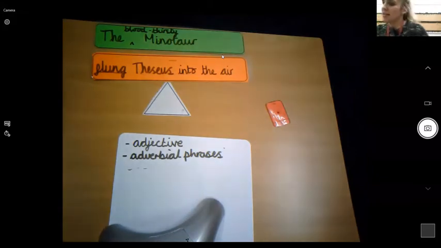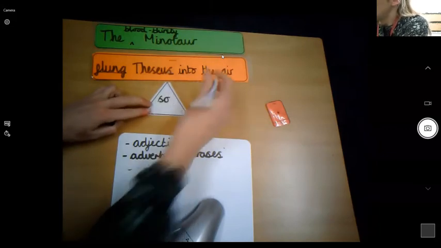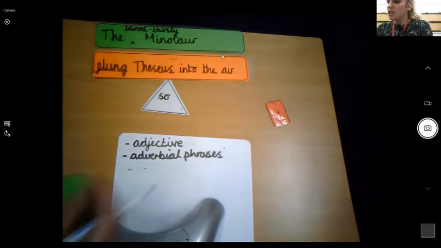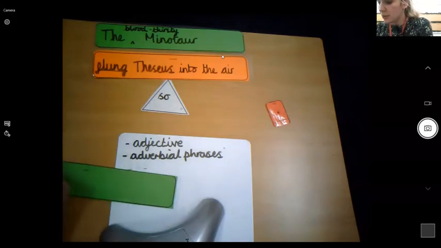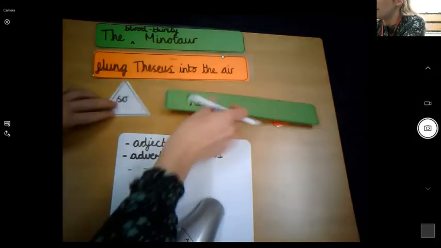The bloodthirsty Minotaur flung Theseus into the air. Well, why did he do that? He flung him in the air, if you can remember, to look at him more closely. If I'm explaining why, I can use the coordinating conjunction so. The bloodthirsty Minotaur flung Theseus into the air, so he, my subject is still the Minotaur,